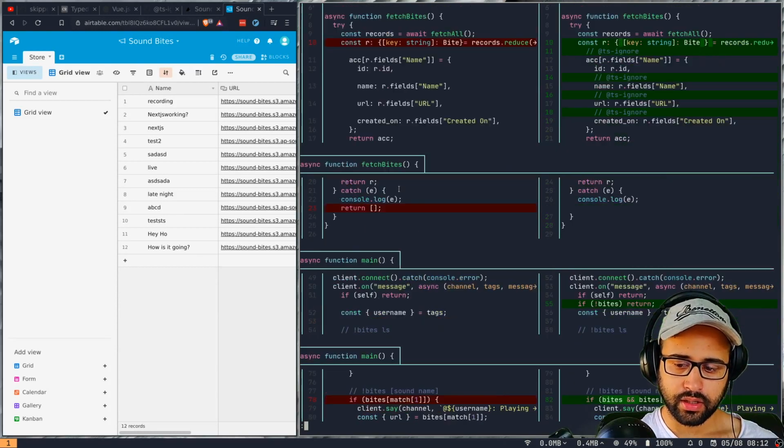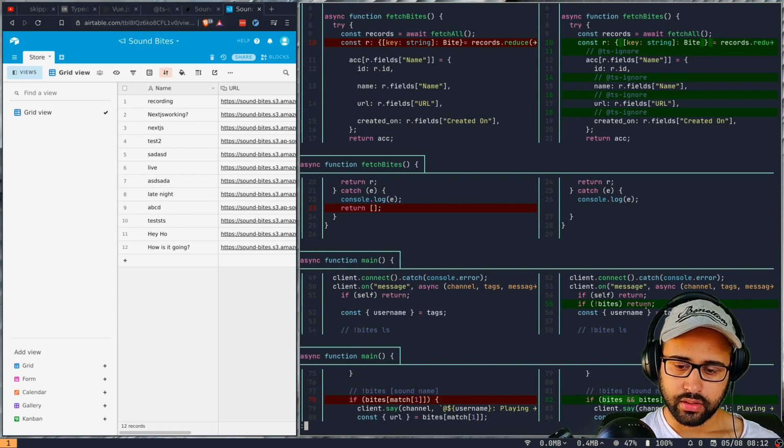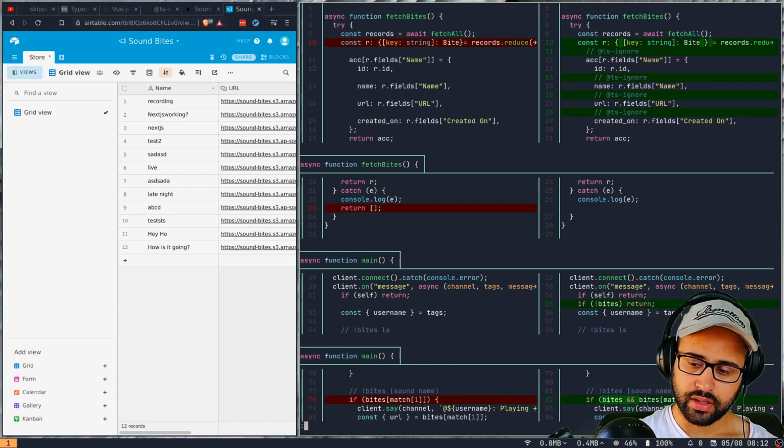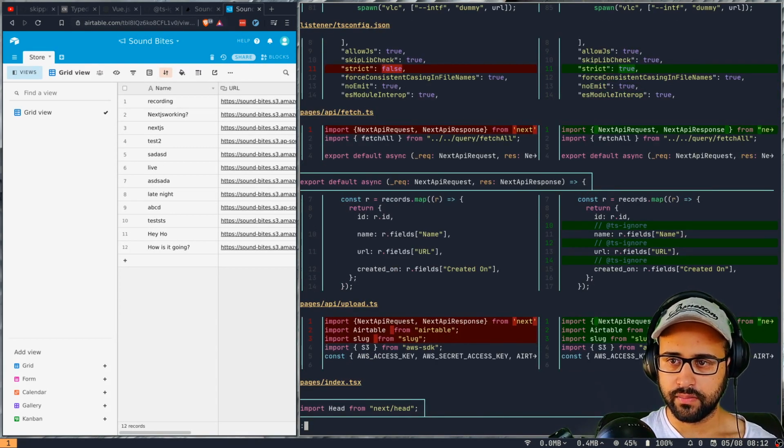So coming back here to the diff, we are talking about this, but then we have addressed it by doing this thing, in case there's no bytes we just return, and then we also have a check here when we match, in case we have bytes and then we might match against that. We have enabled strict checking, which was the agenda of this stream altogether.